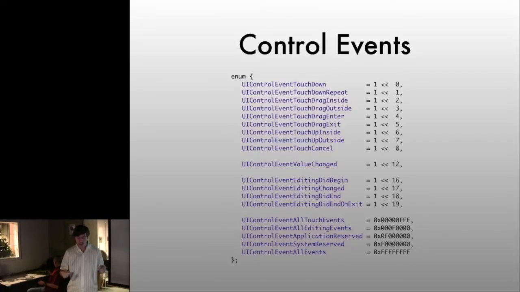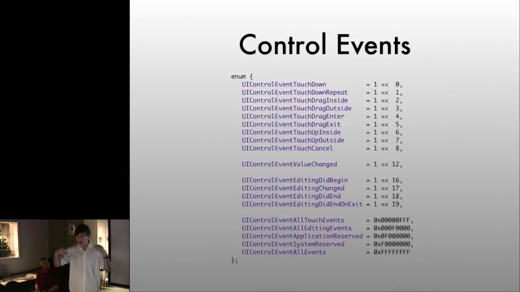Drag enter and drag exit are when a drag event becomes inside the bounds, and when a drag event becomes outside the bounds. Touch up inside is when the touch comes up and it's within the bounds of the control. Touch up outside is when the touch comes up and it's not within the control. And presumably